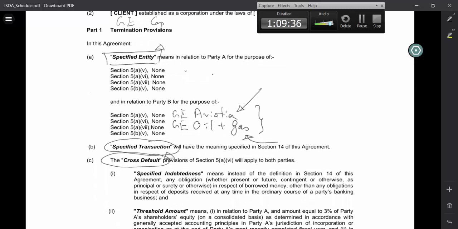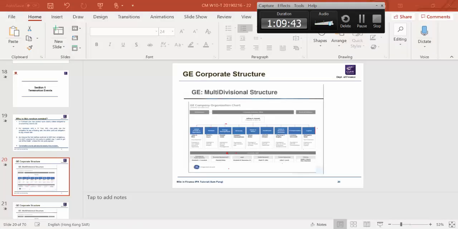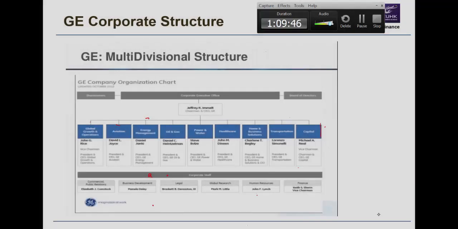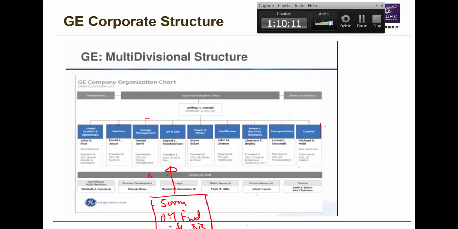Now, if everyone is okay with that, the specified entity. Now, specified transaction is somewhat similar, but this time we are not focusing on a company. We are focusing on something that the company is doing. So maybe oil and gas has a $500 million oil forward with Deutsche Bank, for example, and you are worried that something is going to go wrong with this transaction,